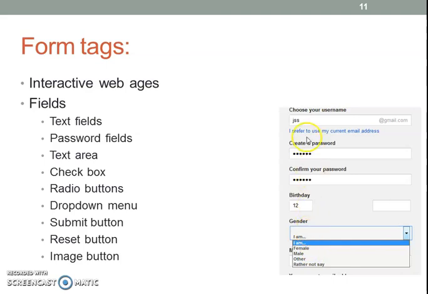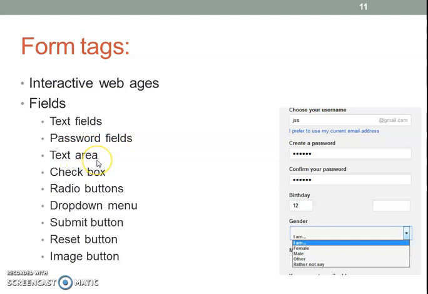Like that, these sets of fields are helpful to communicate with people, to access some information from the user and process through that. Like that, the page can communicate with the user. Those types of pages are treated as interactive web pages. Text fields are helpful to represent textual data. Password fields are helpful to represent textual data, but it does not actually represent the data in front of the user. Instead of that, it can represent it in circular format or star format. For security purposes, password fields are used.